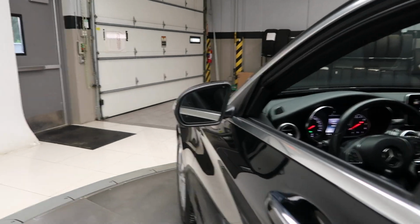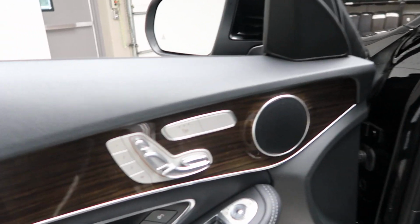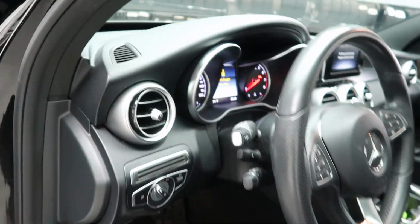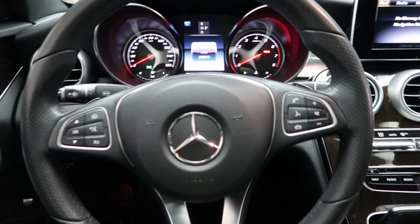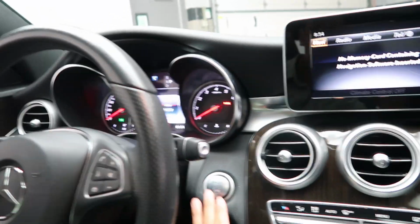alongside Premium 1 package with blind spot assist, heated seats, smartphone integration with Android Auto and Apple CarPlay, steering wheel controls, paddle shifters for extra performance, a push start ignition,